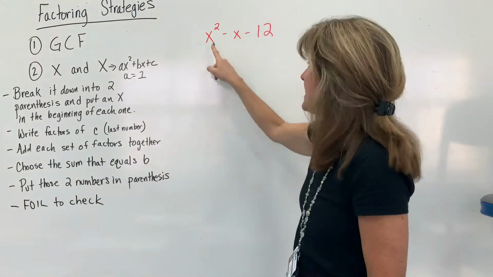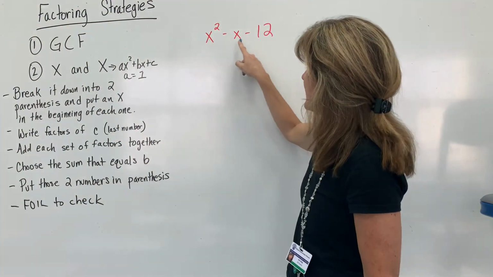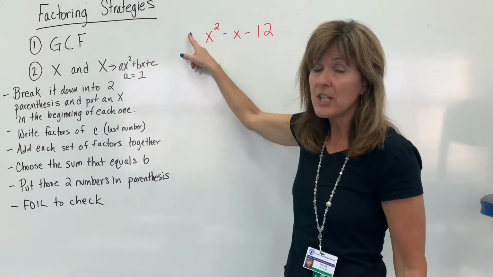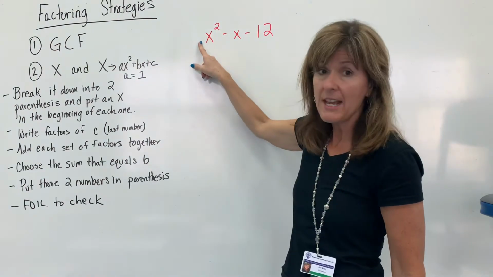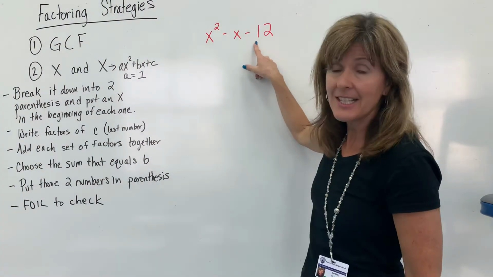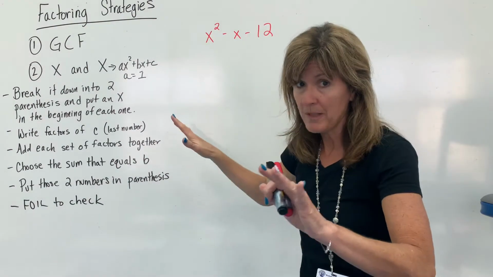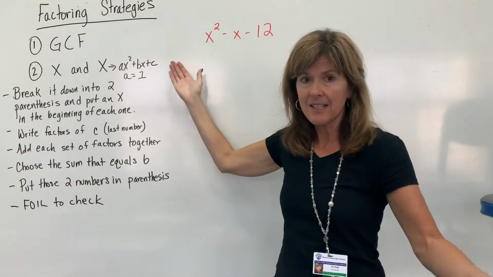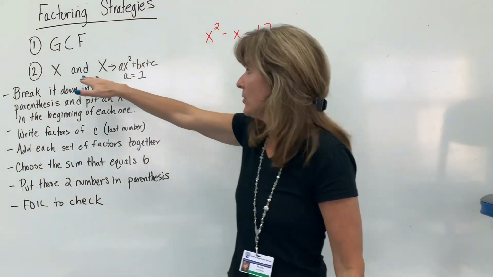So you can see in this case, x squared minus x minus 12, the leading coefficient, since there's nothing there, we know it's a 1. That's the same thing as 1x squared. B is -1, and C is -12, which will help us to know this later. So the first thing you're going to do is, since A equals 1, you can try the